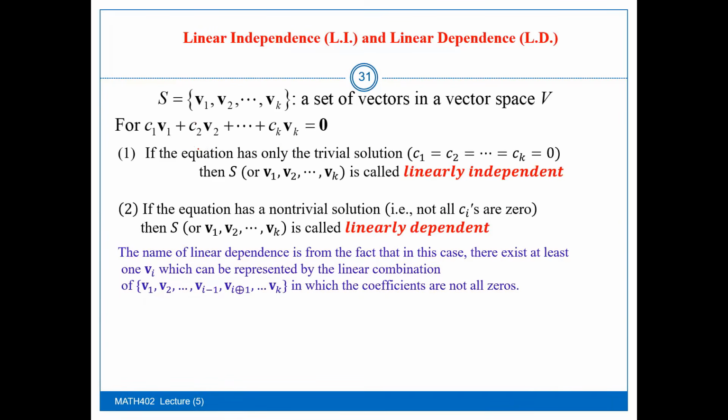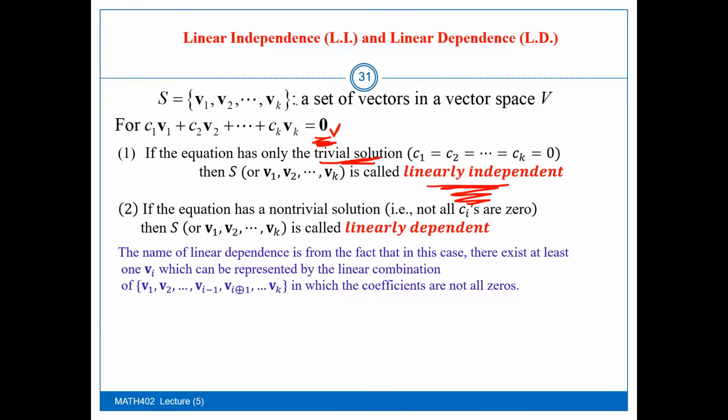Here we are interested in the case where the linear combination is zero, the zero of V. So here we study the homogeneous system, as we did in lecture 4, when the right side is zero. The homogeneous system is always consistent. If it has a unique solution, this will be the trivial solution 0, 0, 0, 0, or sometimes it has infinitely many solutions. So if the system has only the trivial solution, a unique solution, we say it's linear